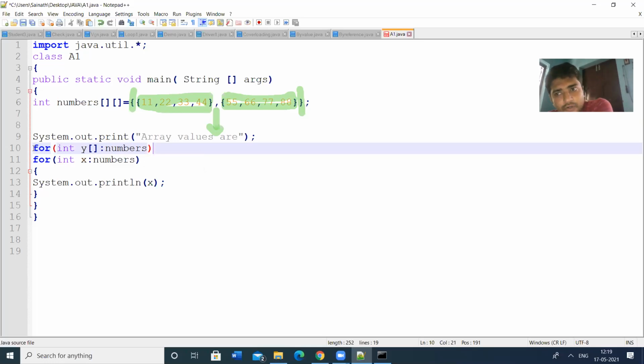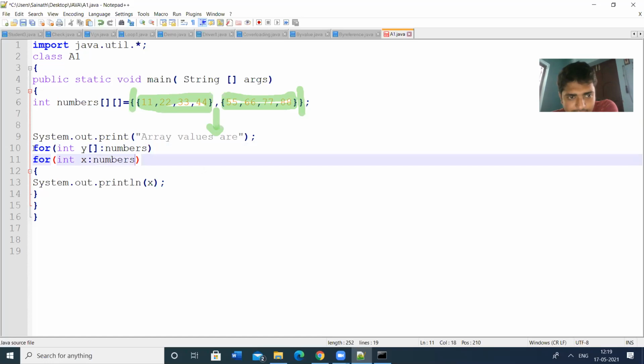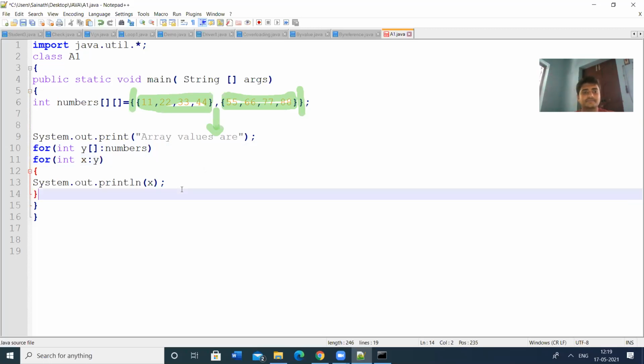This is the outer for loop. For the inner for loop, we create another variable x, assign it the array value y, and then print x. So this is simply nested for loops. For two dimensions, we use two for each loops.